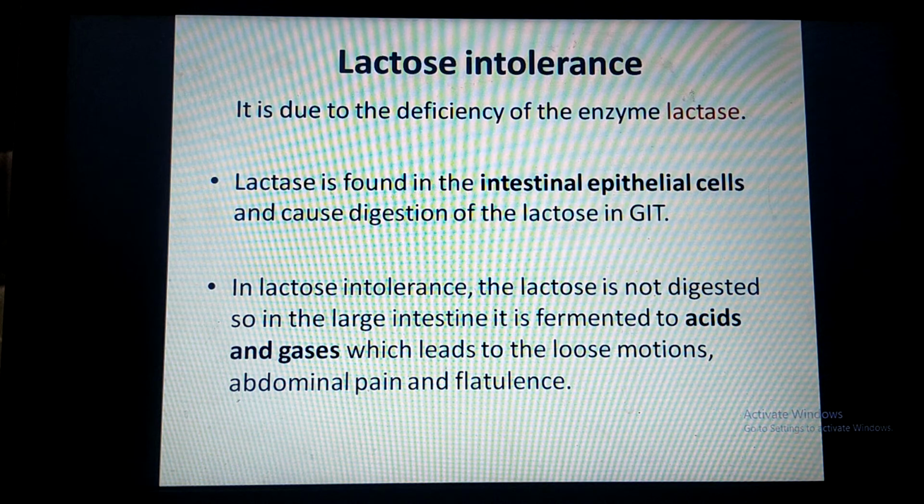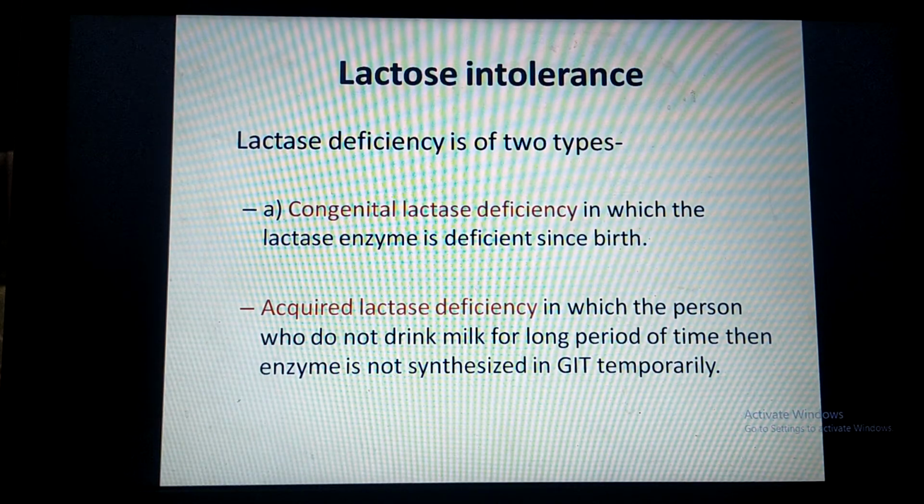Therefore, the undigested lactose reaches the large intestine, where it is acted upon by various bacteria and fermented into acid and gases. This leads to loose motions, abdominal pain and flatulence in the patient. There are two types of lactase deficiency seen: congenital lactase deficiency, present since birth, and acquired lactase deficiency, in which a person is not